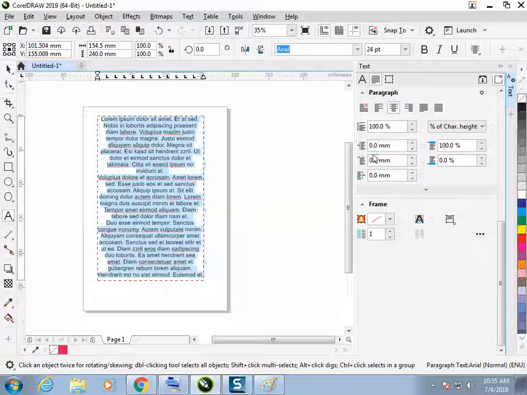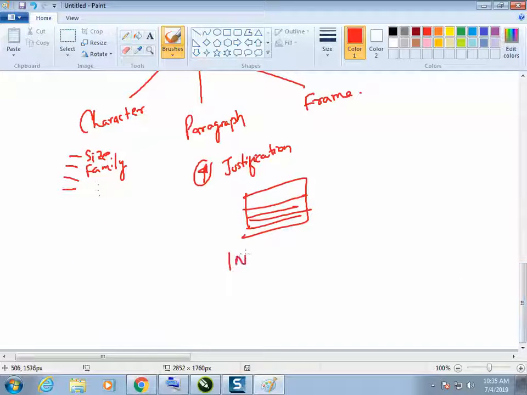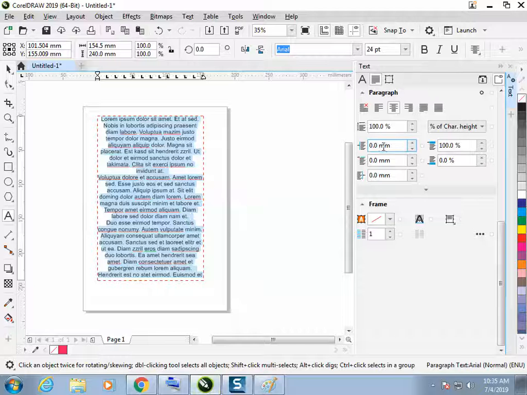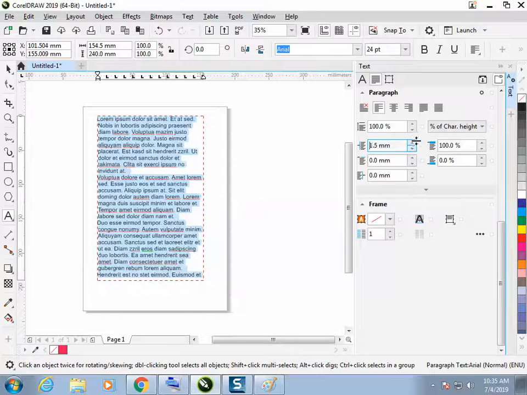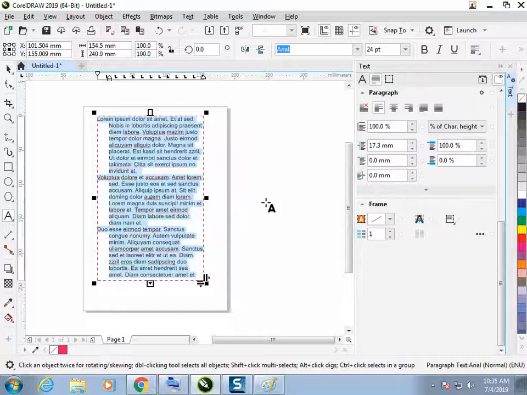Next, indent. So special term, indent. How to change the indent? Indent means the space to the left and to the right of the text box. That is called indent. How much it is to be from the left side and right side. So let us move to the next here. If it is a left align, you can increase. How to give this spacing from the left side? Exactly the same way you can give the spacing to the right side,